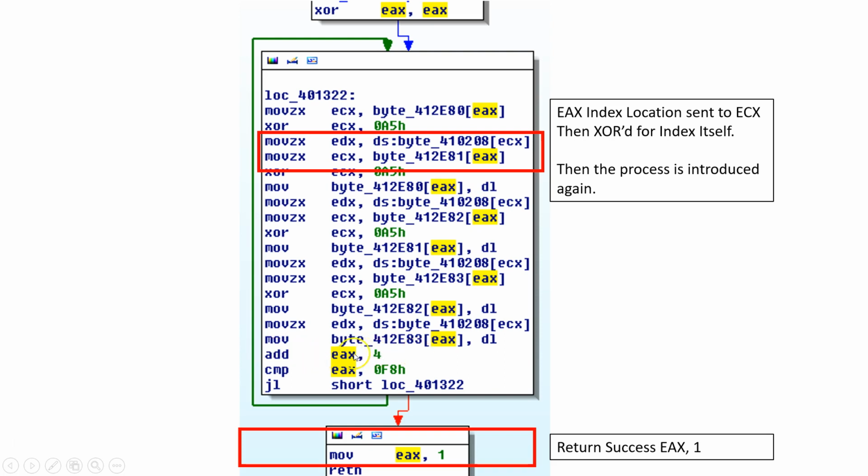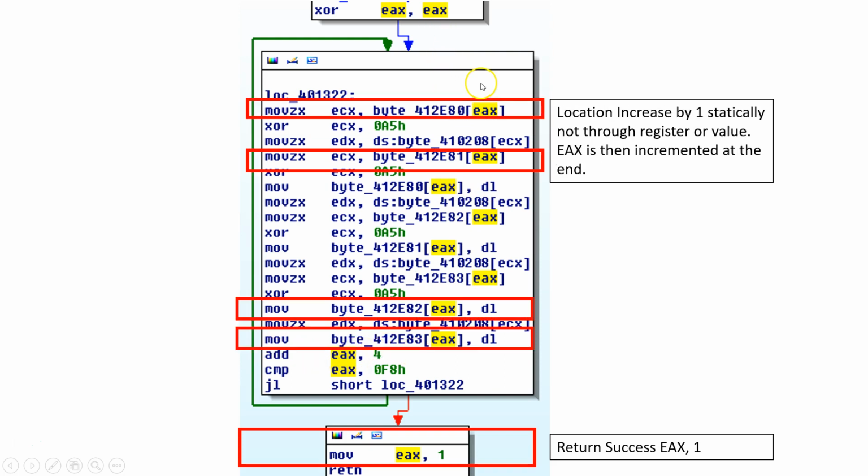We also see it here adding, so we've got the static values set here, 80, 81, 82, 83. So we've got a block of 4, and they are being set from a precise location. They are all the same, EAX, EAX, until we reach here. And then the loop goes back up, and then they're all the same but added +1. Or sorry, +4.